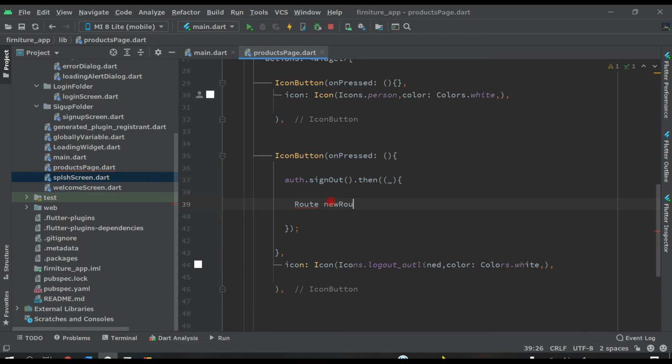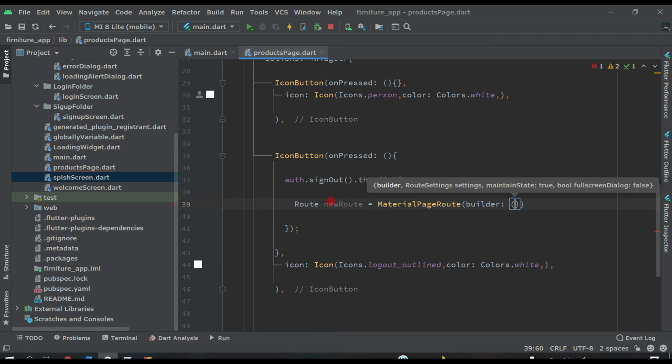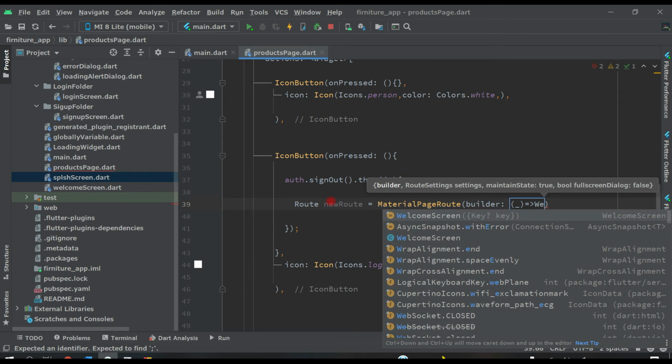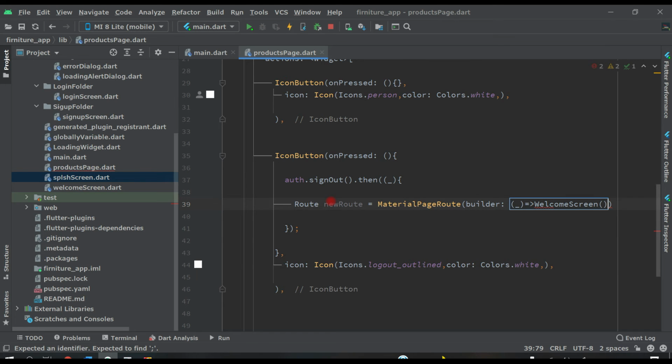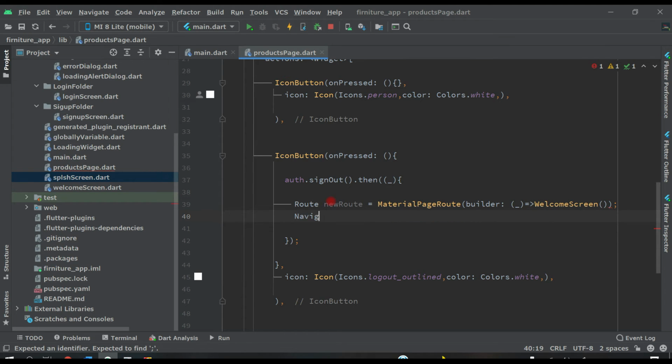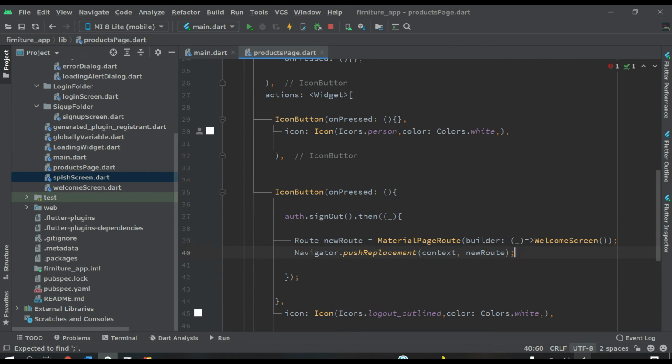Route new route equals to MaterialPageRoute, remove this builder and put two round brackets and underscore, and here WelcomeScreen. We are going to send the user to the welcome screen after logout. Put a semicolon, Navigator dot pushReplacement context to new route, and put a semicolon like this.